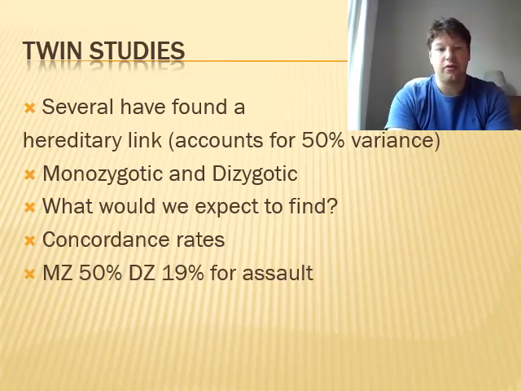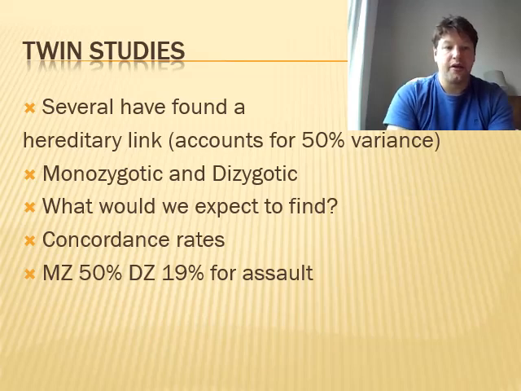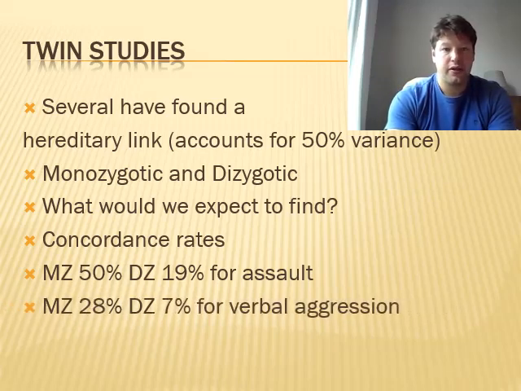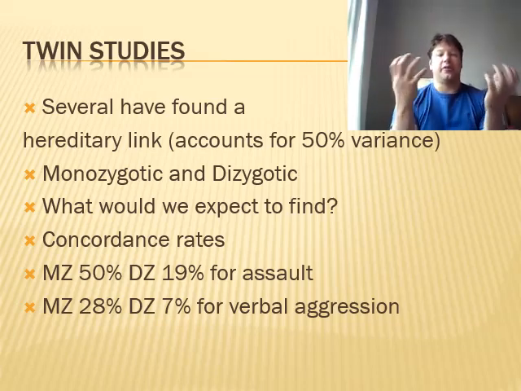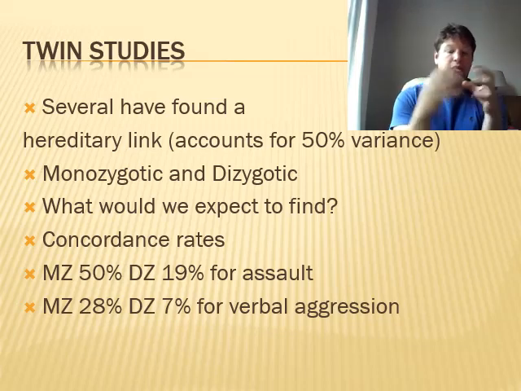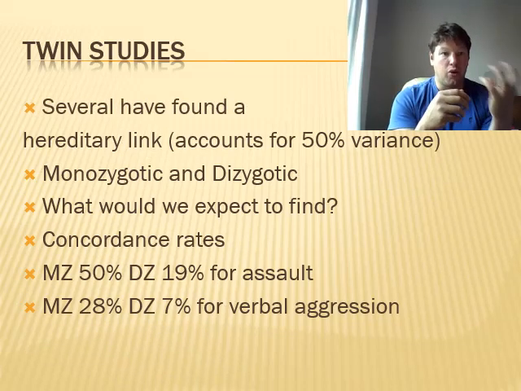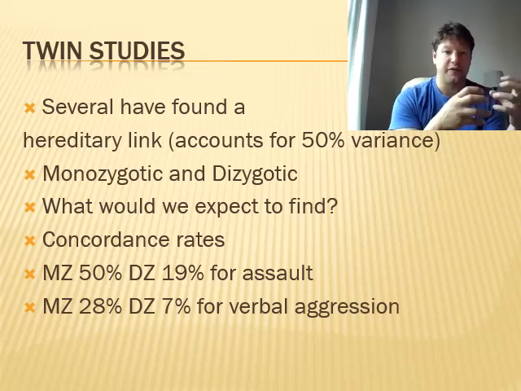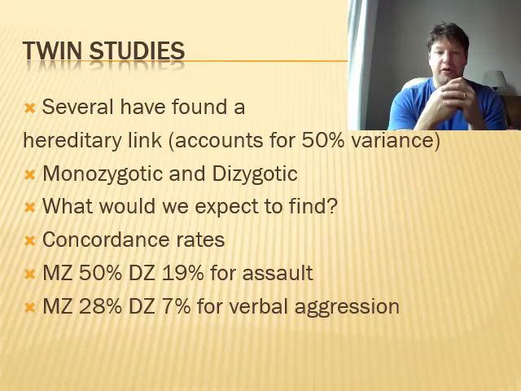Verbal aggression, we've got monozygotic 28% and dizygotic the percent that it says there, right, for verbal aggression. And there it is. Get all that down. Hopefully you understand it. It's just basically proving that if you were to compare monozygotic with dizygotic with regards to assault and verbal aggression, the concordance rates, the likelihood, so the amount of times that the monozygotic twin is the same as each other, so they both committed assault, is 50% and 19% for dizygotic, and 28% and smaller for the verbal aggression for dizygotic.